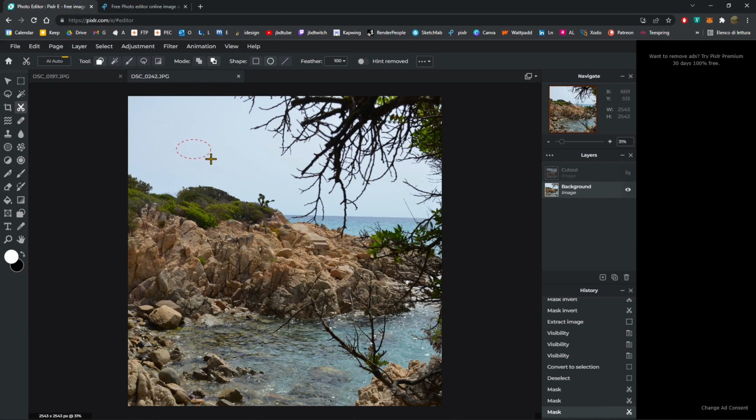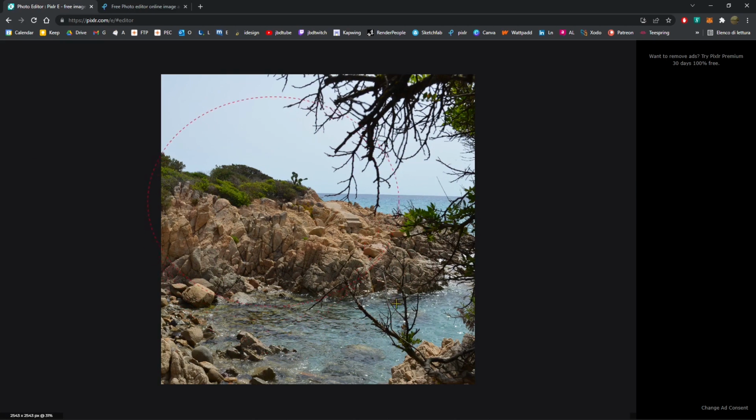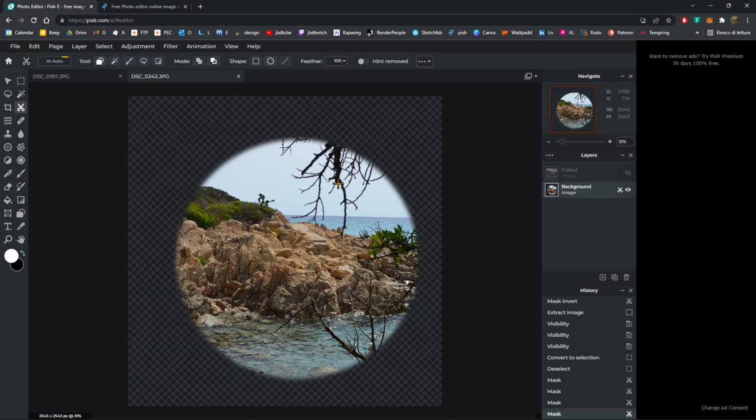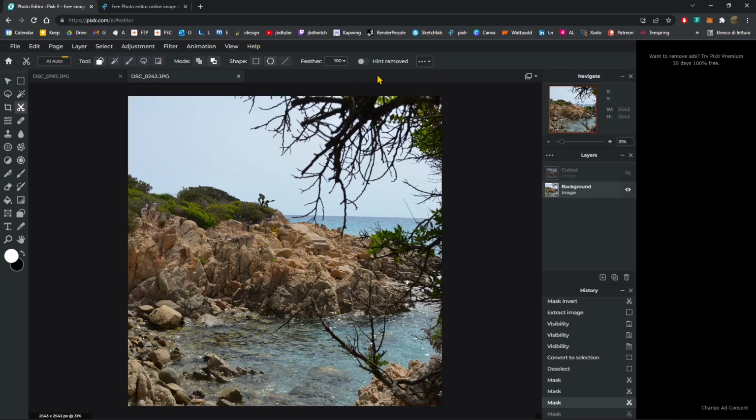Now always look at the color of the mask, and you can always press Shift, and that's gonna invert it right away. So this is kind of a monocular effect, or I don't know, like a peep view. Now let's go back, Ctrl Z, and